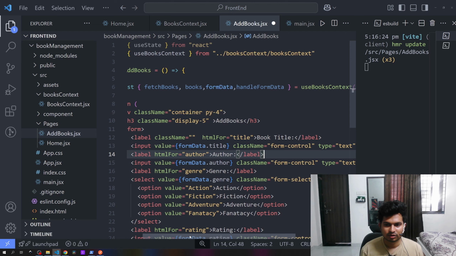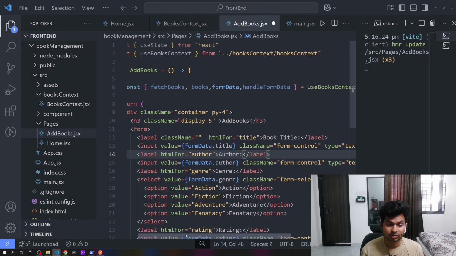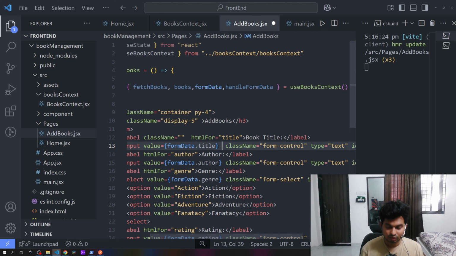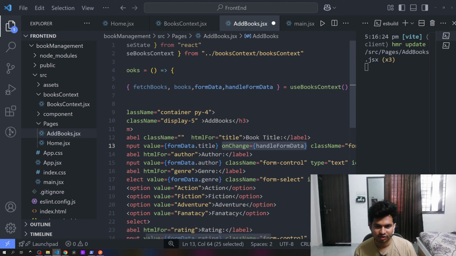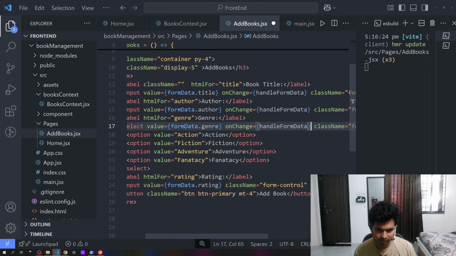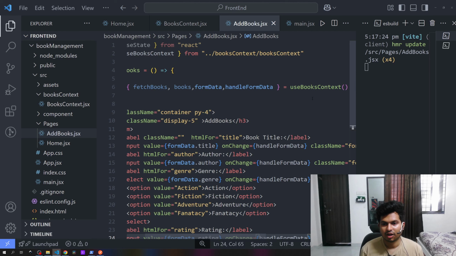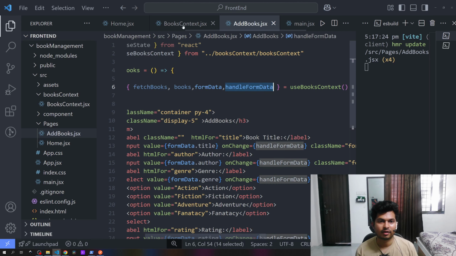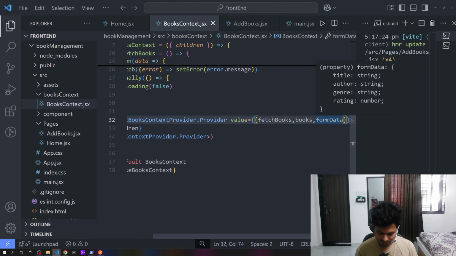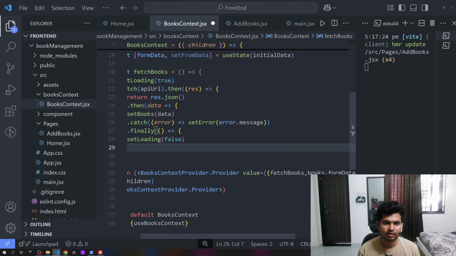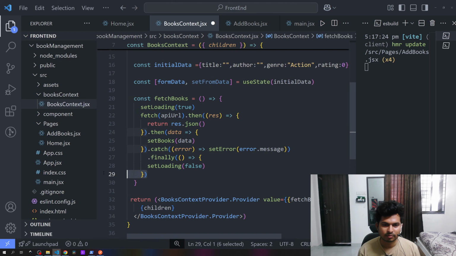So here, inside input onChange, we are using the handleFormData function for everything. Input, onSelect also, onRating also. Let's see. handleFormData, that we created here, and this function will be,